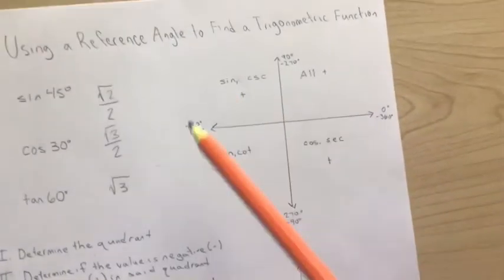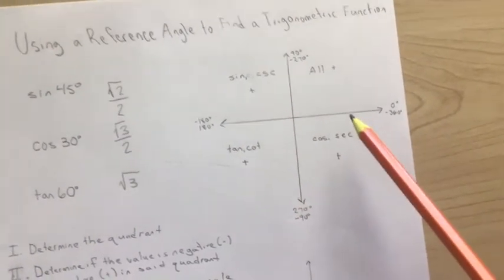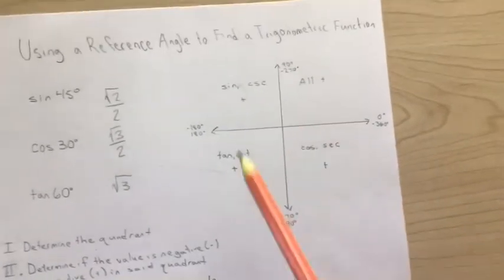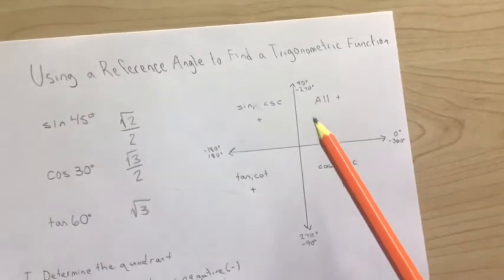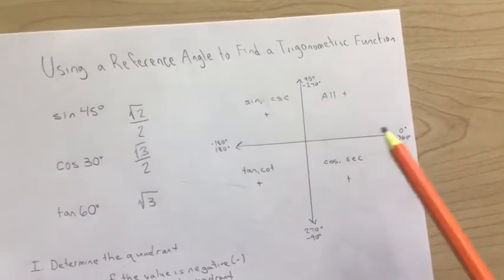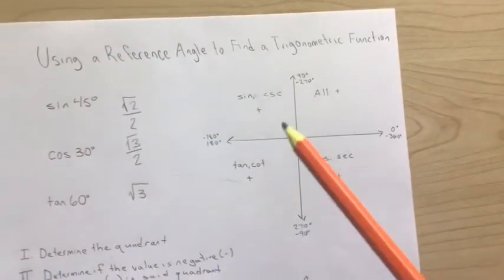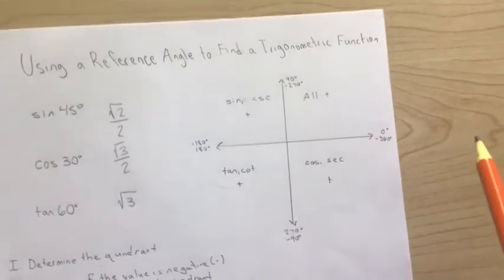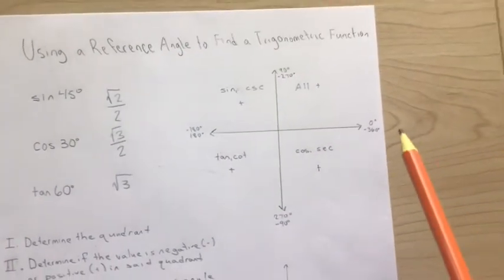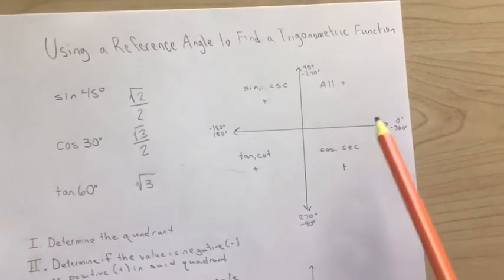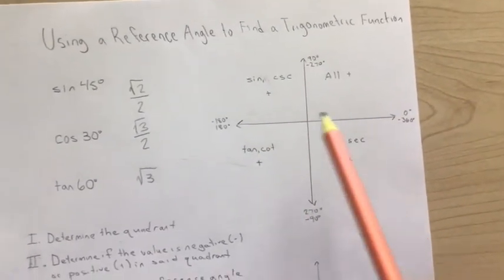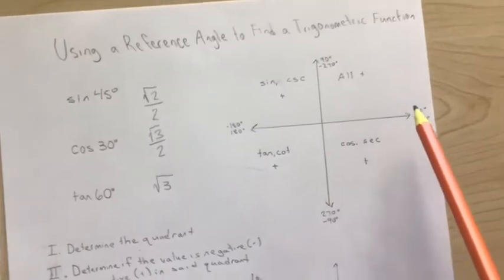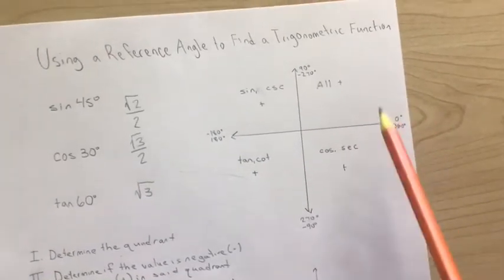Now you could go on infinitely with this. You could start at 0, you could go around 3 times and get to 1080 degrees, or you could keep going, go to 1440, and so on. You could go around infinitely many times if you really wanted to. Which in a way, say for example we go around twice and we get to 720, which would end up right here on this axis, right? That would still be equal to 0 or negative 360,